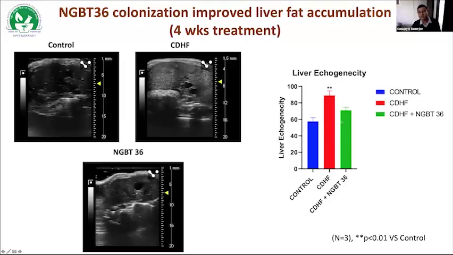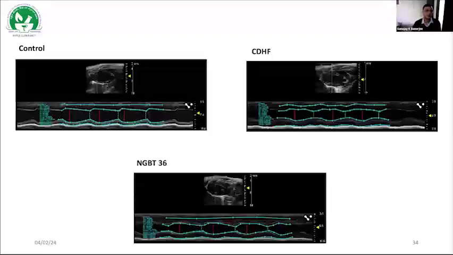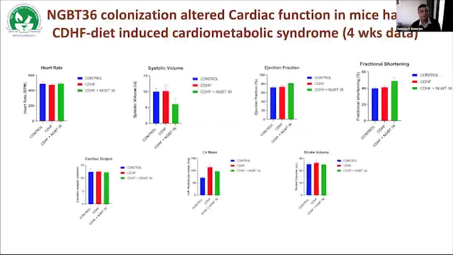As you can see, with L. brevis there is a decrease in the fatty liver. Similarly, we did echocardiography with 3 different groups, and we did 2D echo to see their contraction and relaxation. This is the summary of the study: none of the parameters are showing any significant change,